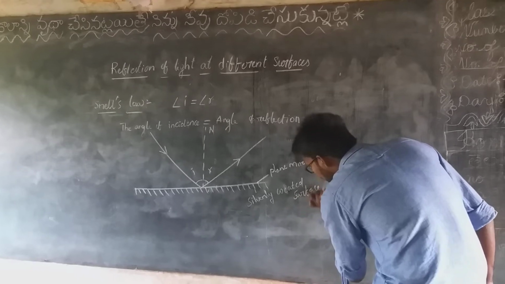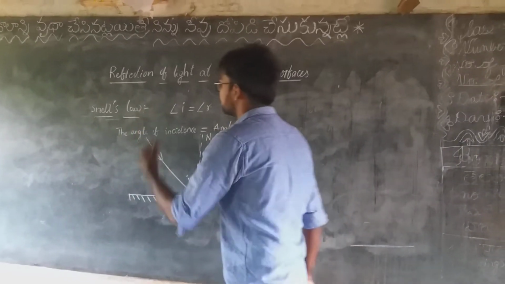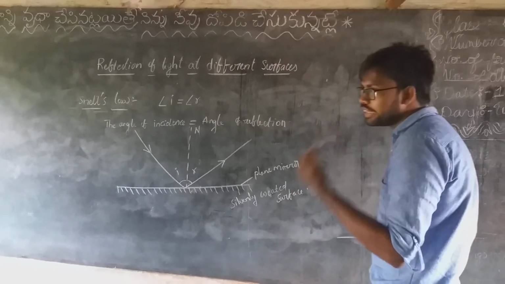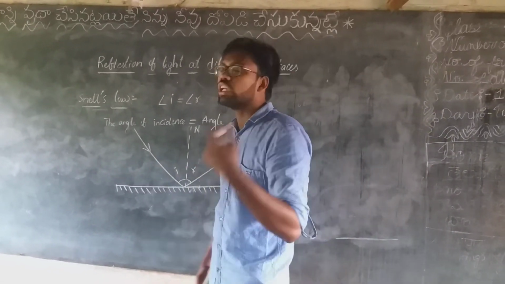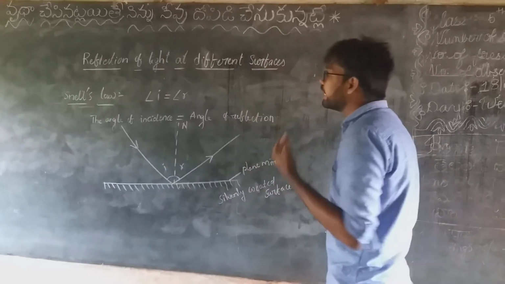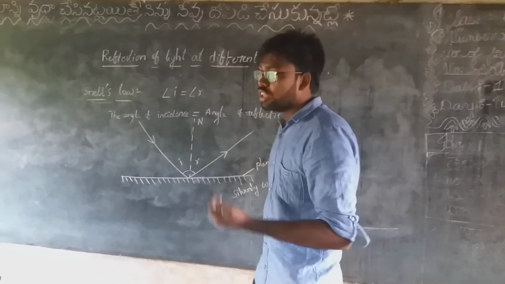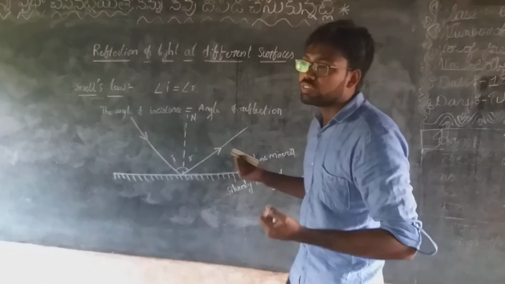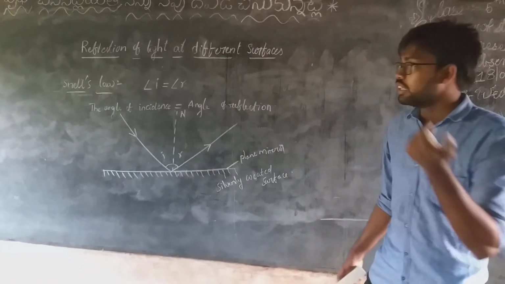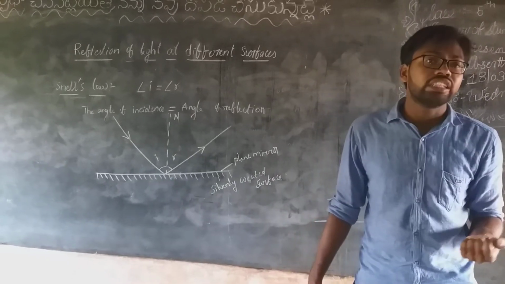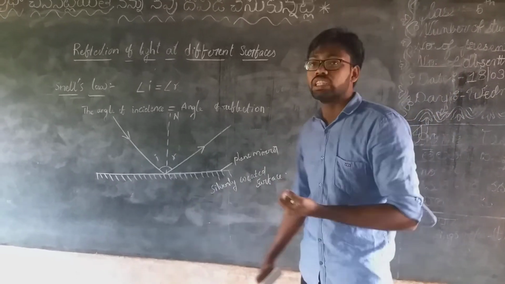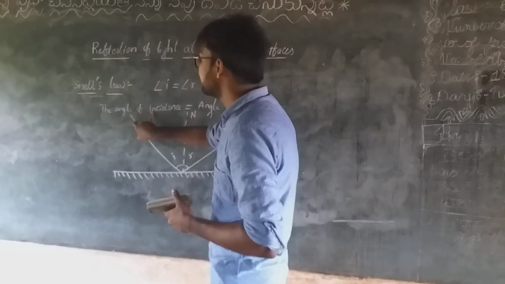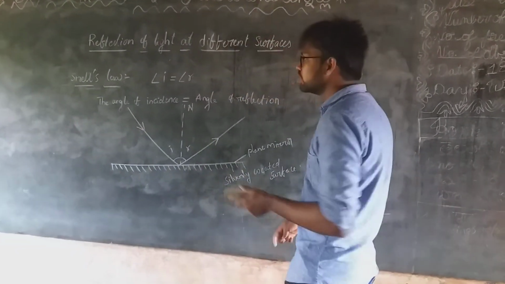surface. Okay, which means Snell's law is based on, which is explaining, the angle of incidence. If any light ray is incident on any plane mirror or any surface, and the angle of incidence is equal to the angle of refraction, then only Snell's law will be proved. Otherwise, if the angle of incidence is more and the angle of refraction is less, then we can take it as total internal reflection. Like that we need to explain a bit based on incidence as well as reflection. This is about Snell's law.